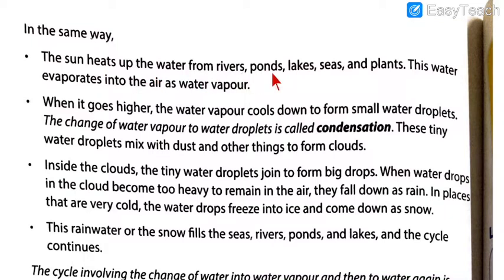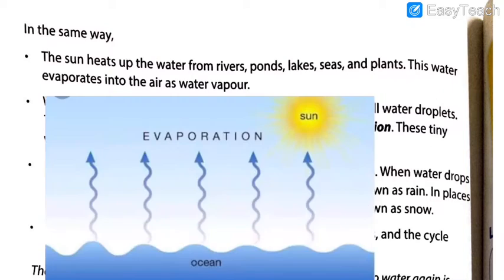So that is the only reason, because in the rainy season we cannot see sunlight, or the sun is not as much smiling as us. In the summer season it does. So this is the only reason why it is so. So students, the change of the water to the water vapor is called evaporation. So due to the process of evaporation, your clothes get dry.